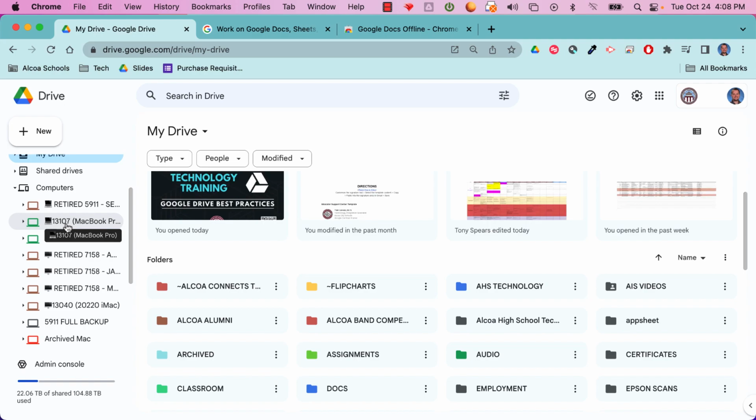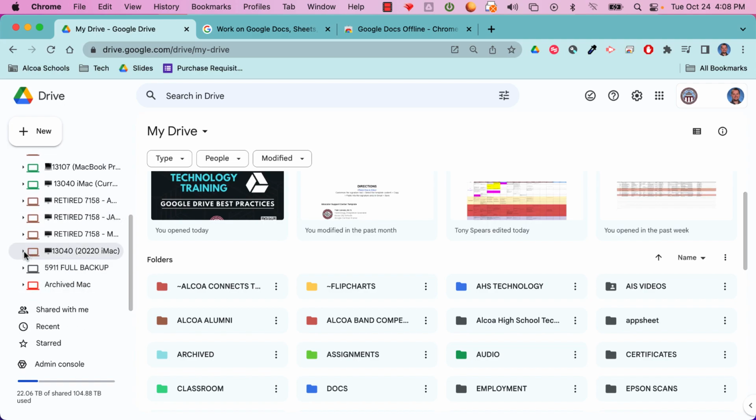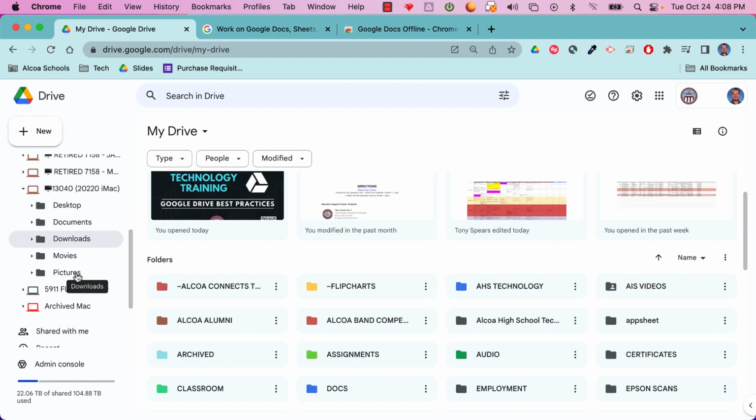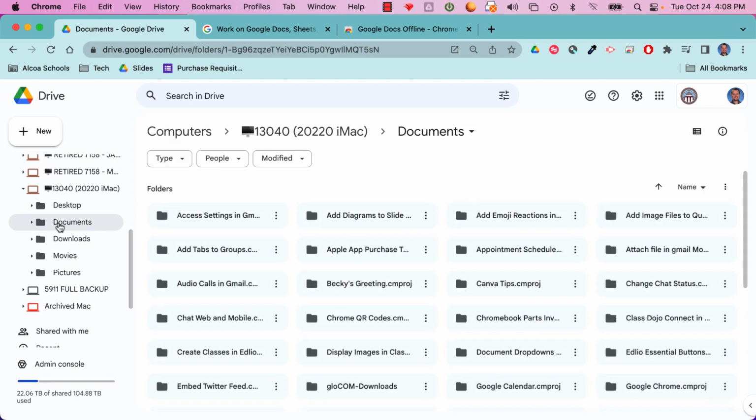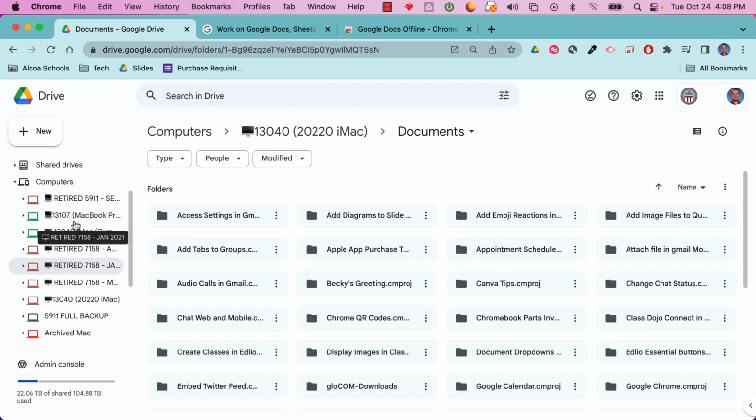Right? So inside of each of these, you can see there's all my directories. And I can go into any of those and I can see the contents that were backed up automatically for me. If I have a desktop computer, I need to log on to that and access this to add it. Tell it to back up. Yes. And then once you've got that going, what you can do with any of these computers that you have here,